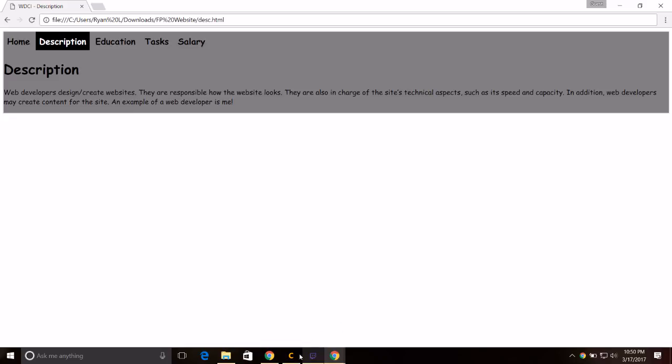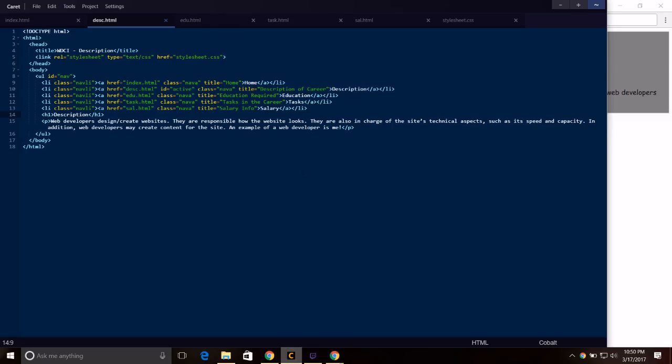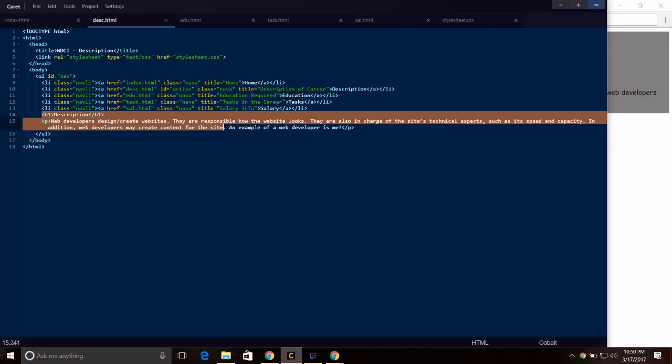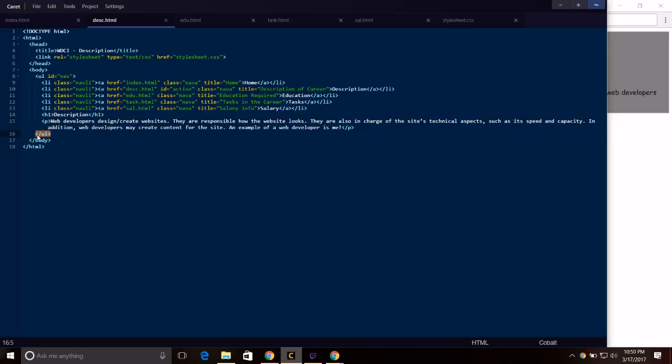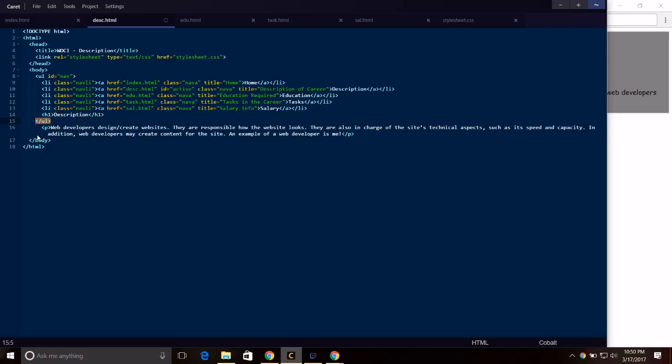So I go back into my code, and I'm like, okay, so what is wrong here? So I look, and I find this UL tag right here is in the wrong spot. These two lines are not supposed to be there. This program has a unique feature. If you Control-Shift up, it basically just swaps the tag with the lines above it. So now these two don't need to be indented because they're not inside of a tag or anything, which means they're good. And now, if we save it and we reload,